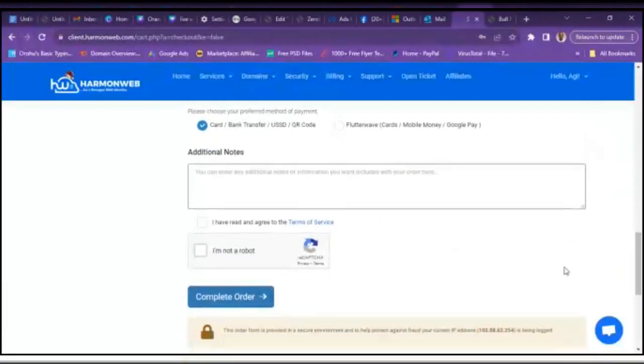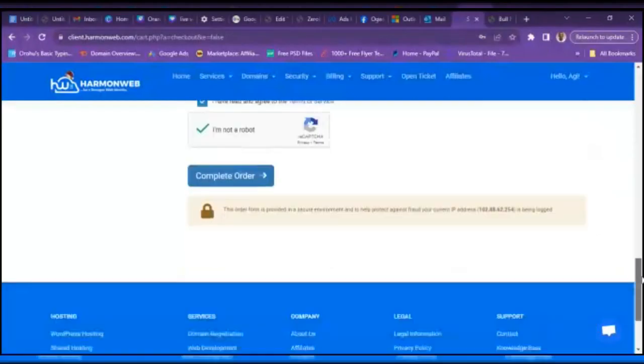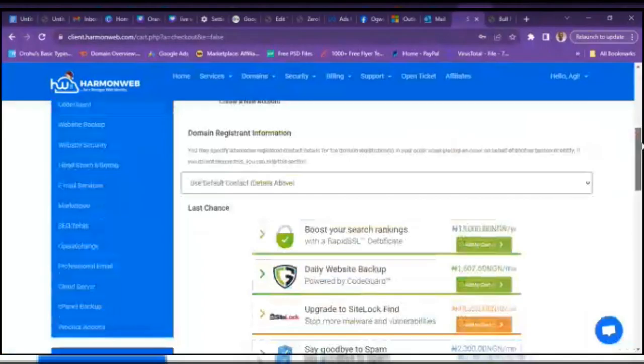Then you come to this place and you click, I have read the terms. Then click on I am not a robot. Then click on complete order. Once you click on complete order, you'll be asked to insert your card details. The moment you insert your card details and you make payment, the purchase will be processed and it will be